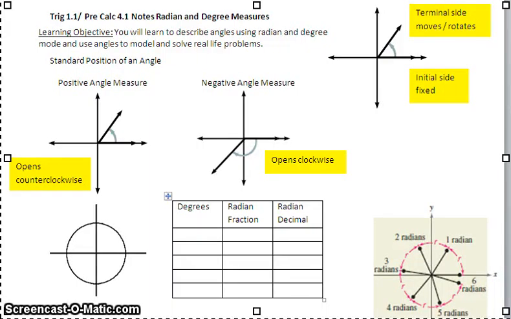This video will cover Trig Notes 1.1 and Pre-Calc Notes 4.1. We're going to be talking about ways that we can measure angles. We're used to writing them in degrees. We're going to talk today about what a radian is and how we can measure angles now in terms of